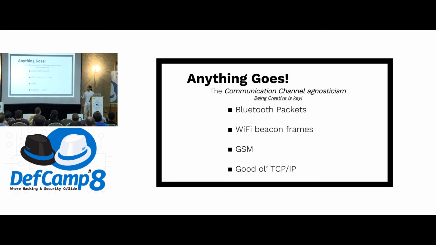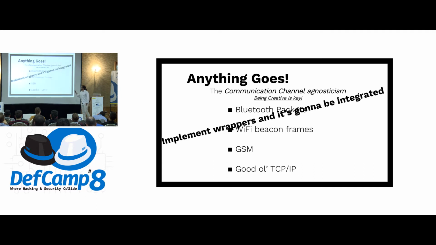If we don't care about the location of the compromised host, if the compromised host was at the door, I could control it remotely. Not really internet remotely, but remotely. So I could use this, and no one could understand that. GSM, it's a great thing. GSM will escape any DLP mechanism anytime. No one has thought of that. So, TCP. Implement wrappers, and it's going to be a totally different channel. Just wrappers